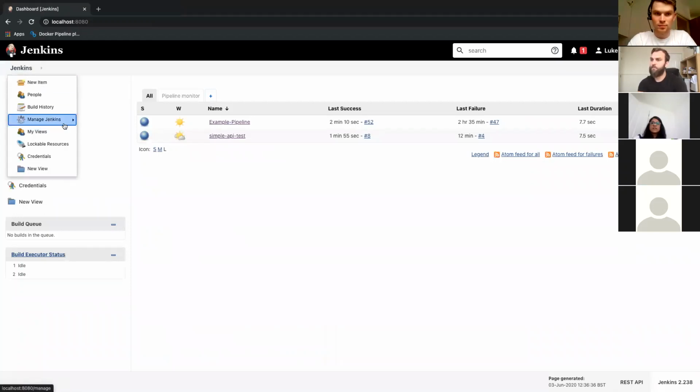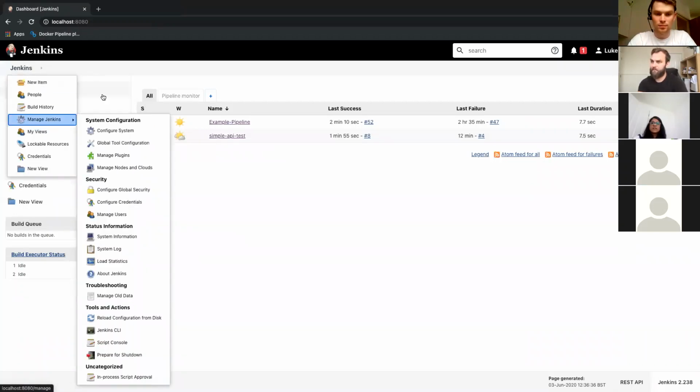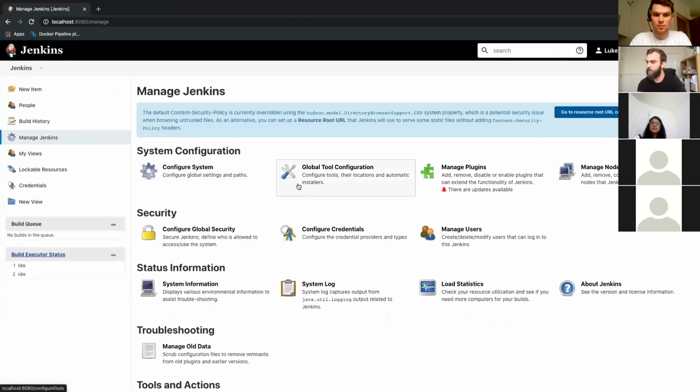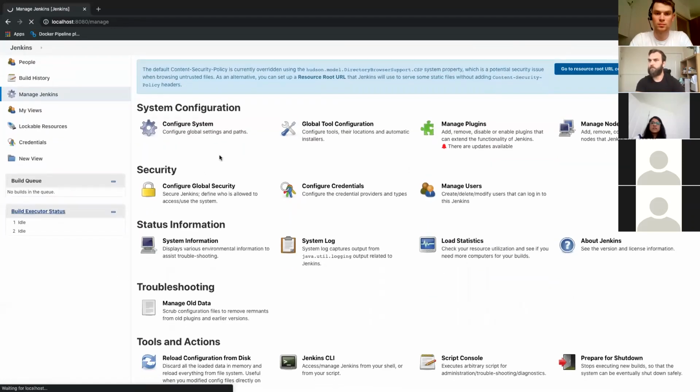Generally, the path in Jenkins it's quite sandboxed. So what you may want to do if you are running on your local would be to, sorry, not here, configure system. So you may want to, it's taking its time.